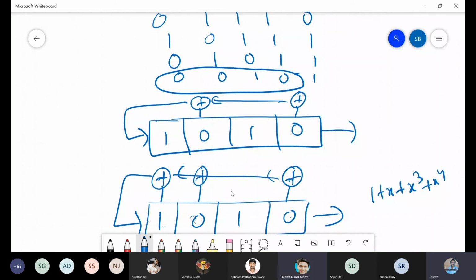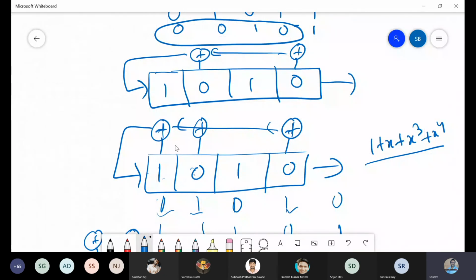Sir, how are you getting this polynomial? No, this is how we define it because of the connection. This is contributing, that means the x part is coming. That is the way we define it. But you have to understand. So what is the polynomial for this? Can anyone? 1 plus x plus x cube. Sir, how did you get it?